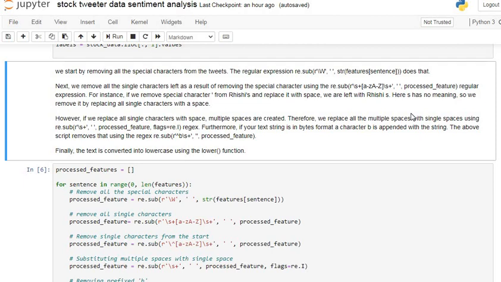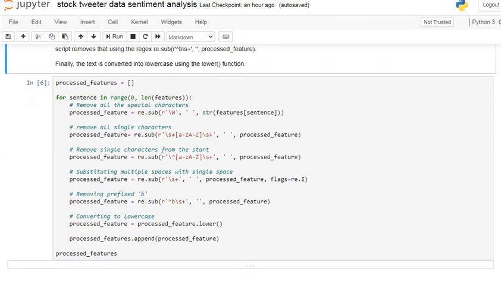Therefore, we replace all multiple spaces with a single space using this expression. This is the required expression to remove all the single characters. This is the required expression to remove all the multiple spaces. After removing single characters, spaces are remaining, so we have to remove those multiple spaces. That's why we use this multiple space expression for substituting these multiple spaces with a single space. After that,